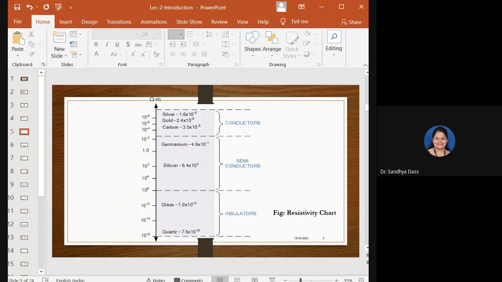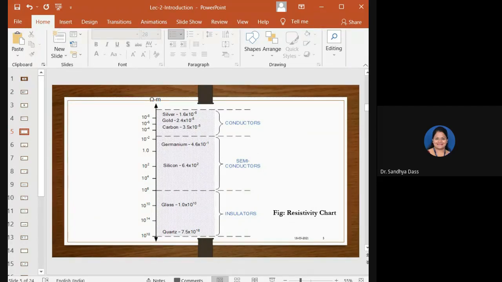Notice that there is very small margin between the resistivity of conductors such as silver and gold compared to a much larger margin for resistivity of the insulators between glass and quartz, right? So this difference in resistivity is due in part to their ambient temperature, as metals are much better conductors of heat than the insulators, right? So if you observe from this resistivity chart, we can say that the conductors are the materials that have very low values of resistivity, usually in the micro ohms per meter.